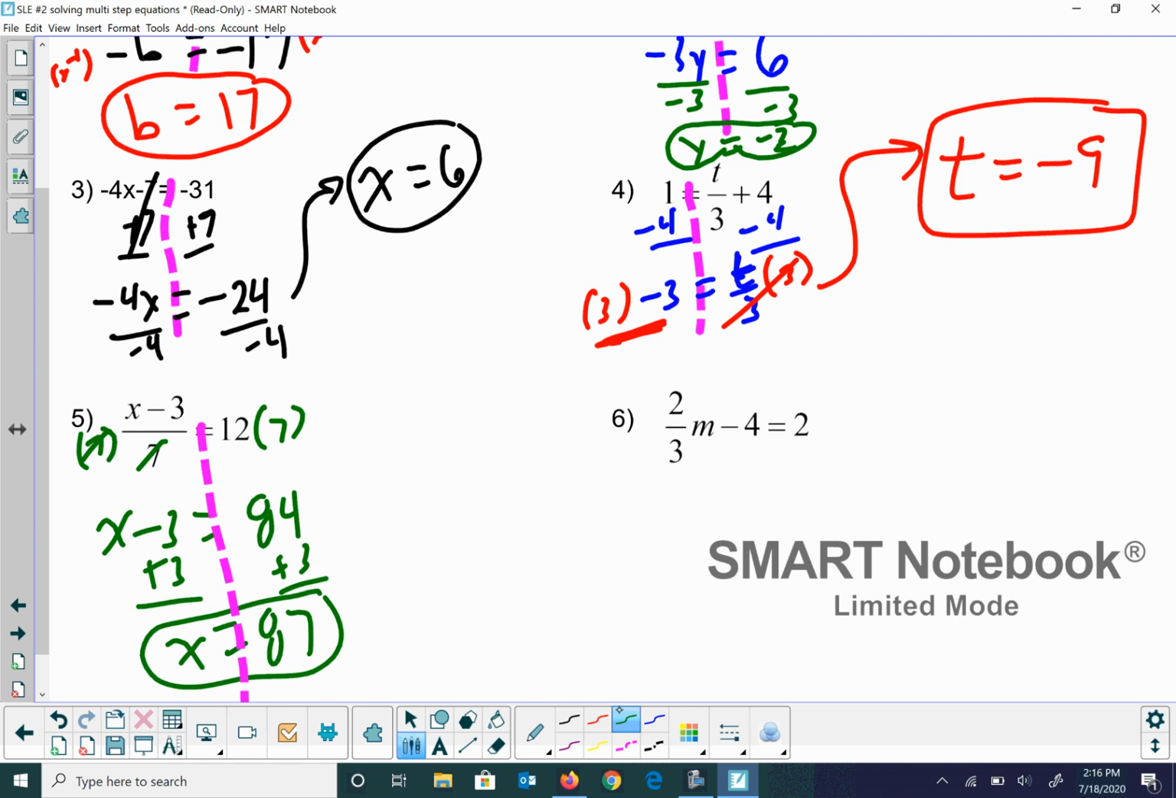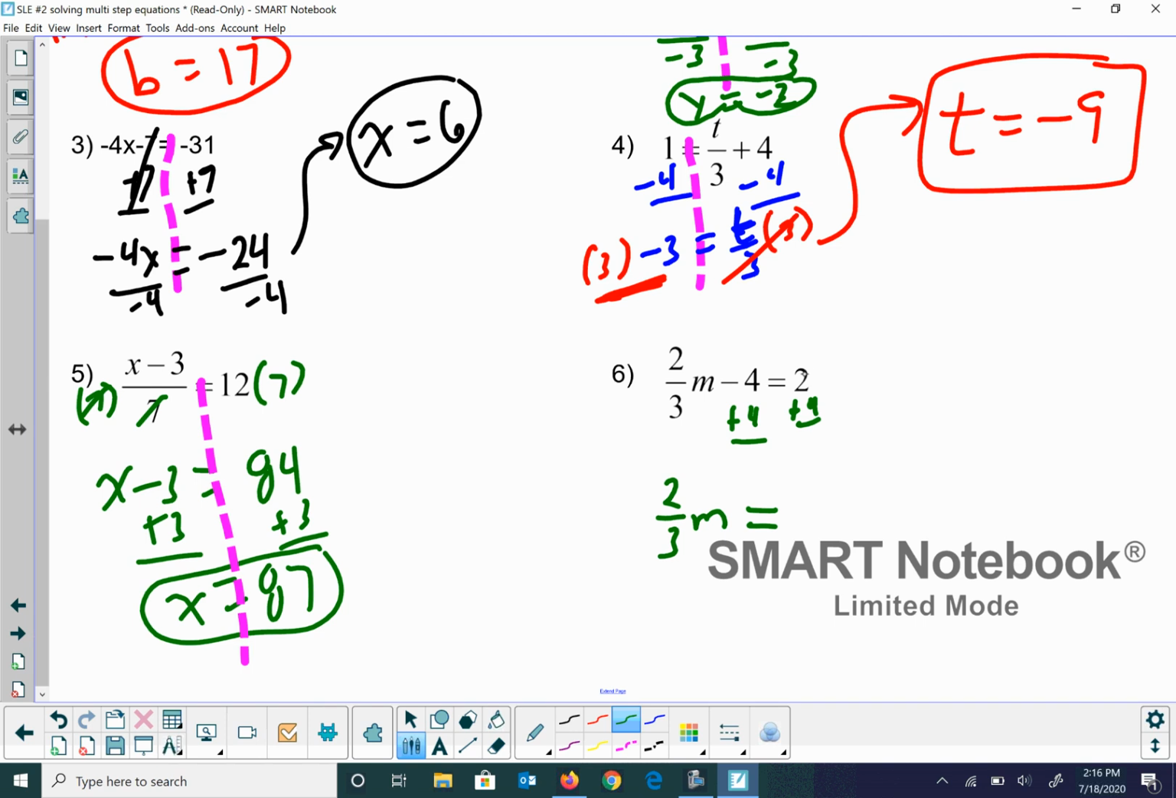All right, let's see. 2/3 m minus 4 equals 2. Well, we're going to add 4 to both sides first. Notice I didn't draw in my equal sign. That's okay. There we go. 2 added to 4 is 6. All right, now